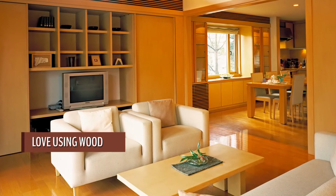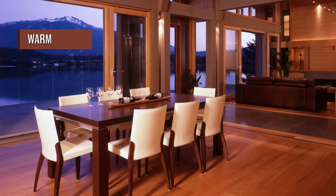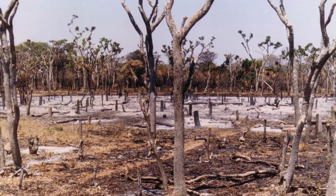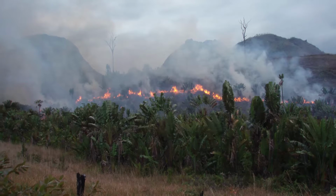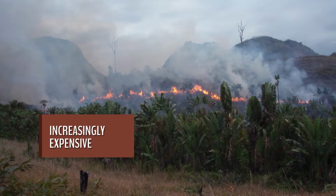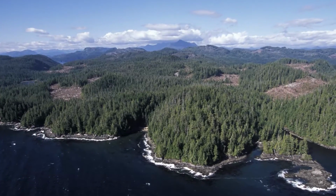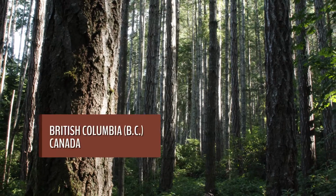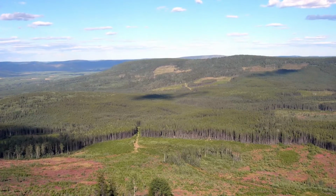We all love using wood in our homes and offices in different ways, simply because it's so warm, elegant and beautiful. But due to rampant illegal logging, tropical forests are disappearing and wood is becoming increasingly expensive and of unsure quality. Canadian wood from sustainably managed forests of British Columbia, Canada is the perfect, environment-friendly choice of wood for various